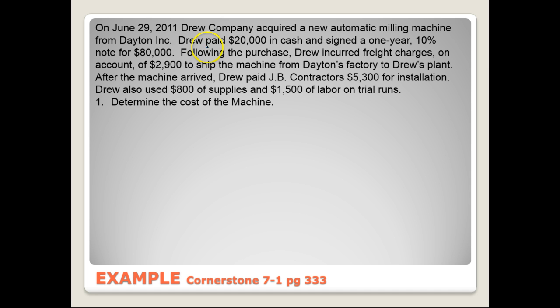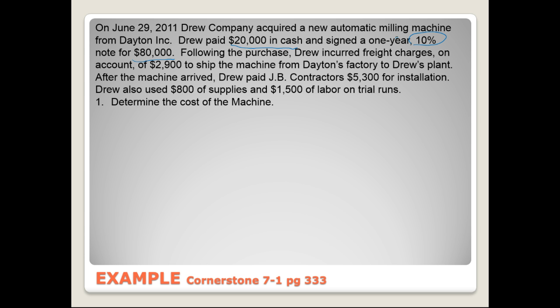Okay, so Drew bought $20,000 in cash and $80,000 in a 10% note. That's debt. Now, what does that make the total cost, purchase price rather, of this new automatic milling machine? Right, the total purchase price is now going to be the $20,000 in cash plus the $80,000 note, so it's a $100,000 purchase price. Is there any other costs included in the total cost of buying the new automatic milling